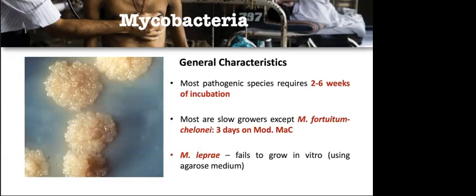Colonies of our Mycobacterium are cauliflower-like, warty. They usually grow really slowly, needing around 2 weeks at the least and 6 weeks at the most. So our Mycobacteria are really slow growers. Among the species of Mycobacterium, Fortuitum and Chelonae can grow as early as 3 days, but that would require a modification in MacConkey, to allow them to grow really well.